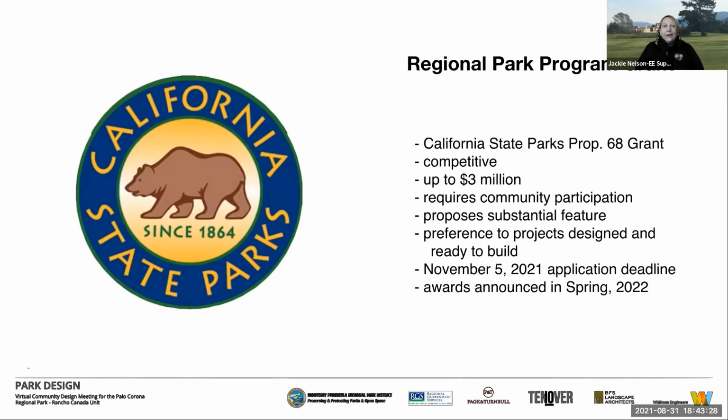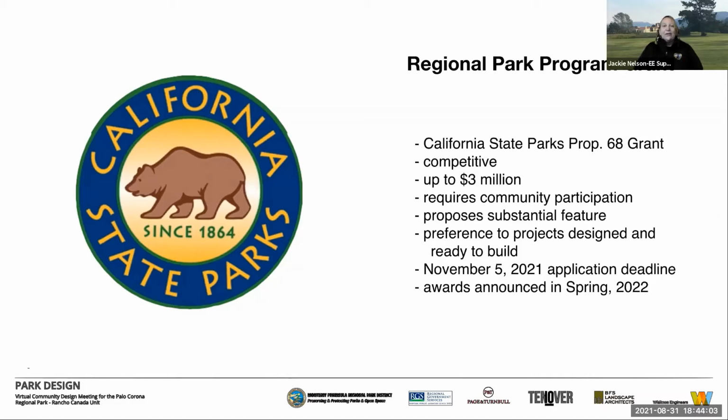What we're looking at putting into the grant application includes the dog parks, the children's playground, site improvements, and the ADA parking. You may wonder, well, what about the other features? And what about restrooms? Well, we are going to be phasing the projects in. And the great news is the Park District is funding projects. We will be funding the restroom, the entrance plaza, and the bus landing, because these are key features for getting